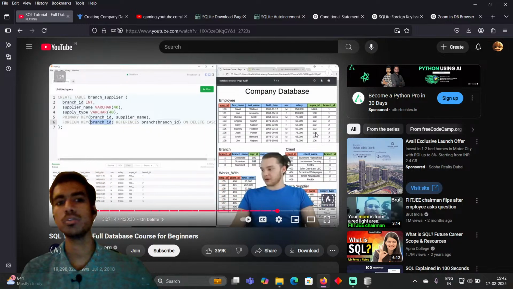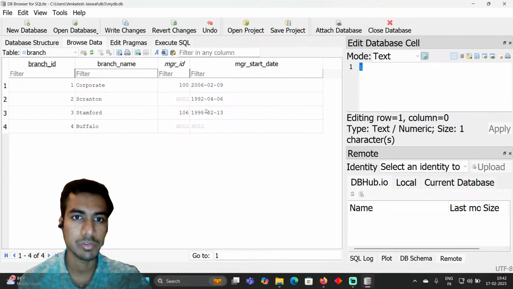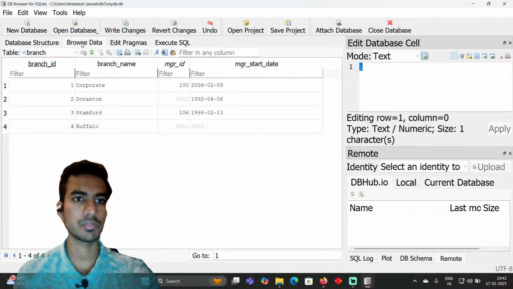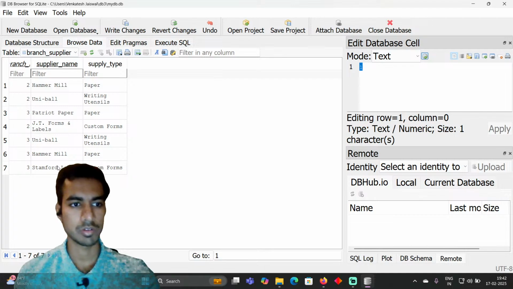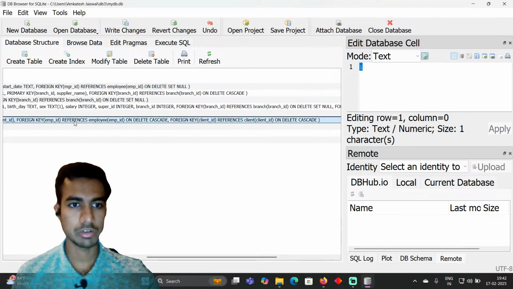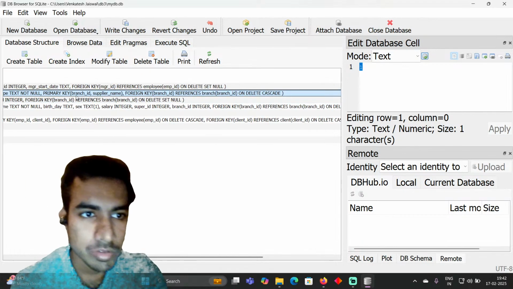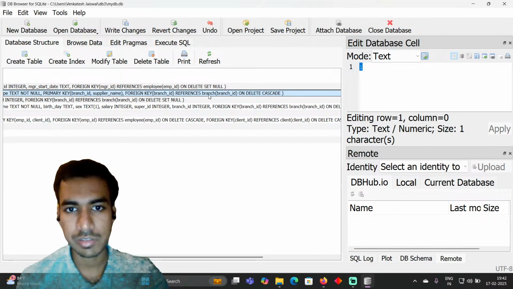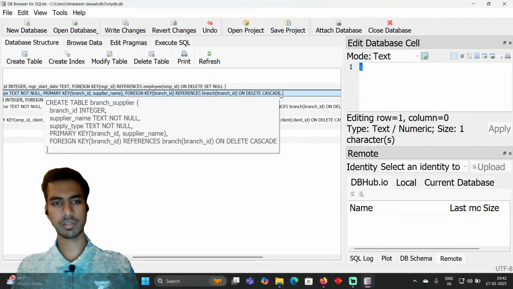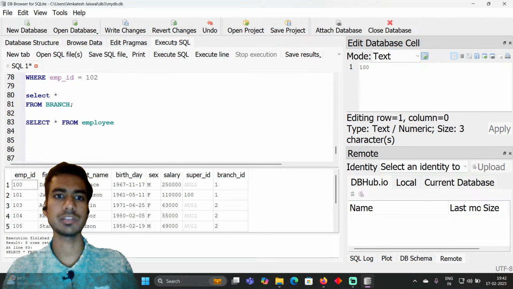database. So यानी कि सेकंड ब्रांच आईडी ब्रांच से रिमूव हो गई, अगर ये ब्रांच आईडी रिमूव हो जाए तो फिर हमारा वहां भी डिलीट हो जाना चाहिए ब्रांच सप्लायर में, या ये सब डिलीट हो जाना चाहिए। तो चेक कर लेते हैं यार। हाँ, यहाँ ऑन डिलीट कैस्केड हो रखा है, ब्रांच सप्लायर में ऑन डिलीट कैस्केड, ये देखिए प्राइमरी फॉरेन की ब्रांच आईडी रेफरेंसेस ब्रांच आईडी और डिलीट कैस्केड। ठीक है यार, तो ब्रांच से डिलीट करता हूँ मैं, जैसे एम्प्लॉय से किया था वैसे ही ब्रांच से डिलीट करता हूँ मैं।